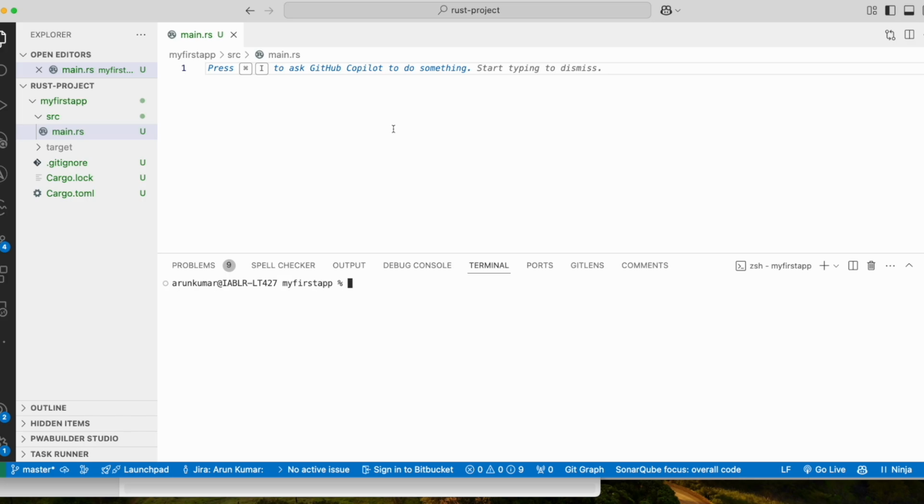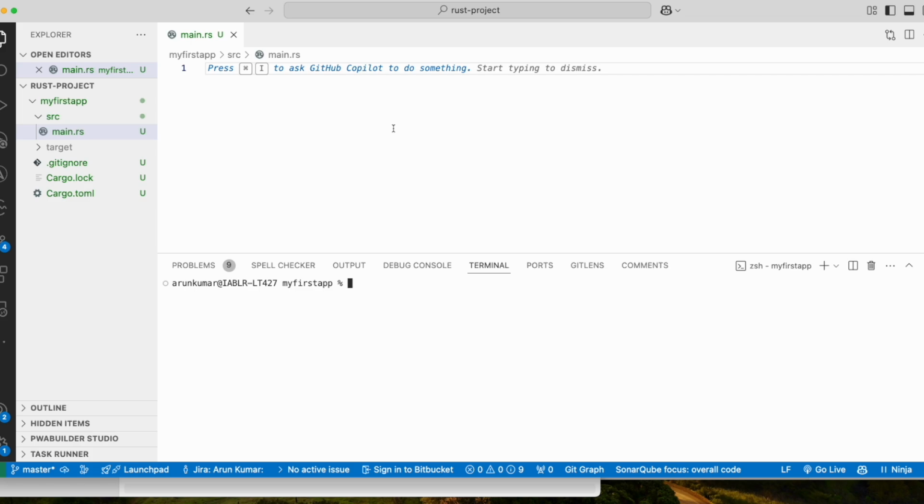So till now we have discussed what is Rust, why we should use it and how to install it. And also we have created our first program in which we have printed hello world. As we have already discussed, there are two ways: either you can go with the Rust compiler, compile your code every time and then run the exe, or you can use the package manager, that is Cargo, provided by Rust,